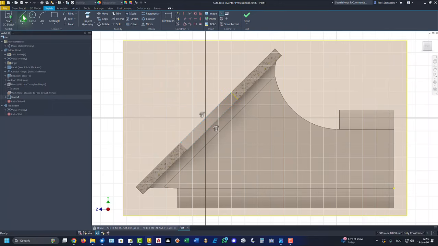We use line to draw an arc, keeping press the left button, you know this procedure, and we go tangent. Now we make also construction this, because we apply offset and we place on this